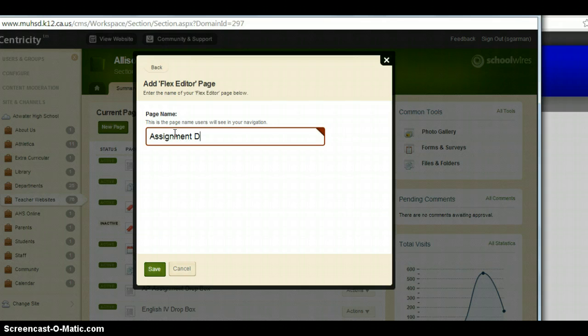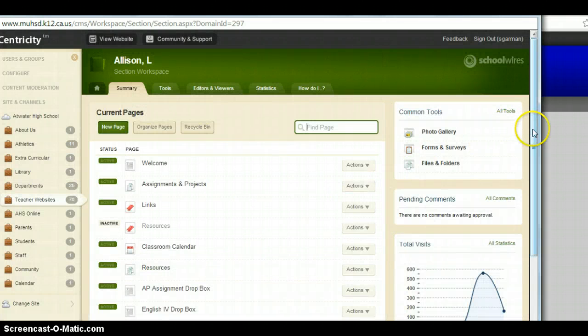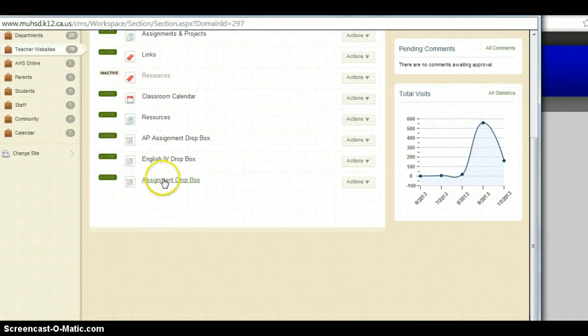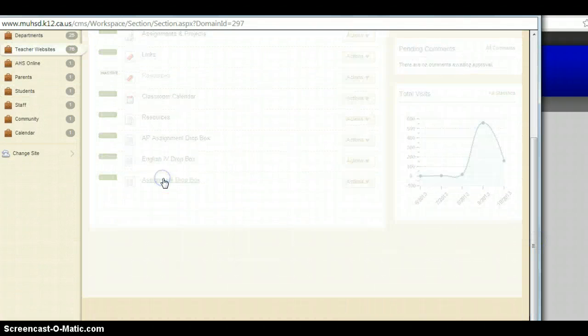Name your page so the students know what to see. That's what the link's going to look like on your page. And now your page is created. You're ready to embed. Find the page you just created, open it up,